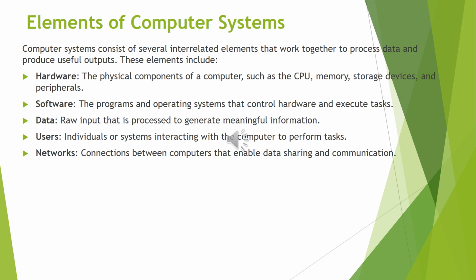The elements of a computer system. Let's look at what a system is. Basically, a system comprises interrelated elements working together to achieve a goal. That's the meaning of a system. So when you say computer system, this consists of several interrelated elements or components or devices coming together to make